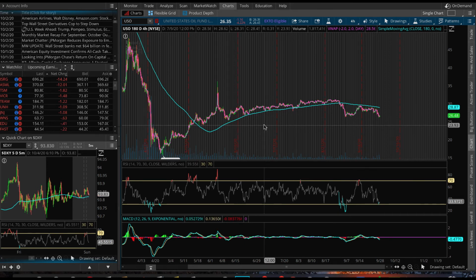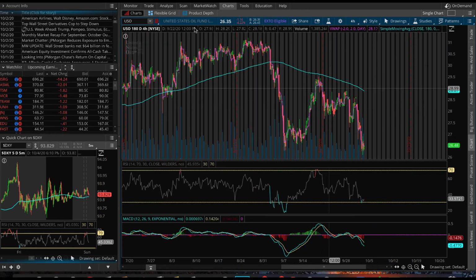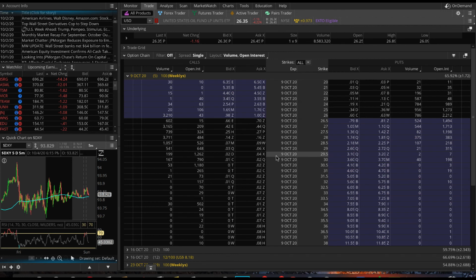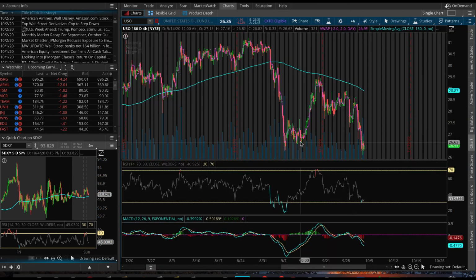So if you're targeting a move down to 23 in USO, or 25.3, just go with the 26 or the 25 strikes, especially if you're trying to put together a trade this week. You don't want to wait 2 or 3 weeks. Just go with some 26.5. Just go with the in-the-money strike for this week on the put side of USO. Those are going to be fully liquid, and they're going to be good to go. You'll be able to make some money off of those this week.